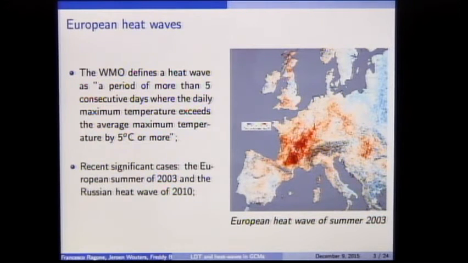This picture shows anomalies of temperature with respect to the climatological average, probably averaged over the lifetime of this heat wave in 2003. Consider, for what I was saying before, that most of the studies you find in the literature post-2003, which are about the physics of this event, so why this event occurred, are case studies based on this one event. Of course, it's difficult to establish correlations and understand physical processes if you have one case study of that event. So this is the conditioning we have to work in.